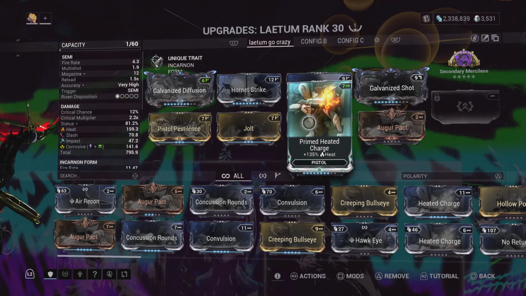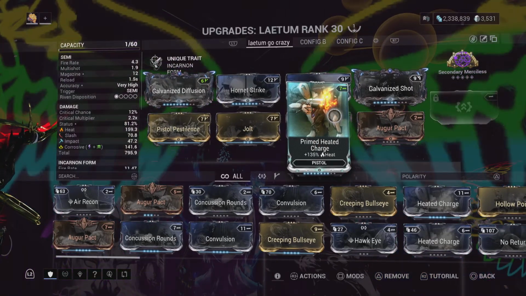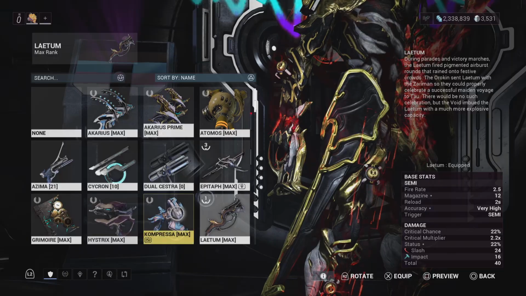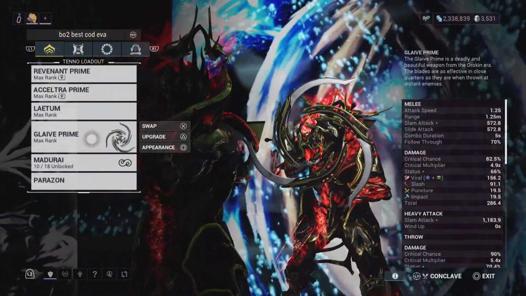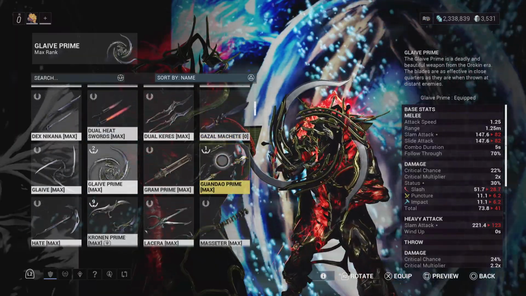Prime heated charge for, of course, the corrosive heat. Jolt and pistol plants for corrosive, and then we have the heat right here. And the rest of these I really don't use. The compressor's pretty good. It's kind of the exact same build as the Epathy. So I don't really use much